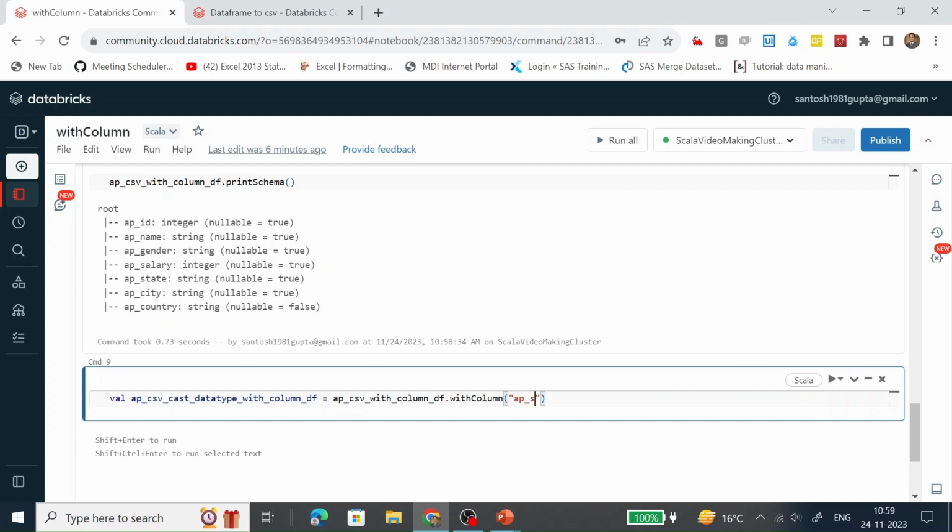So AP salary, and col AP salary again, and here we are going to call the cast function. How are we going to cast? We are going to cast with the help of the cast function, here from integer to string. So here we have to pass string. Run it.